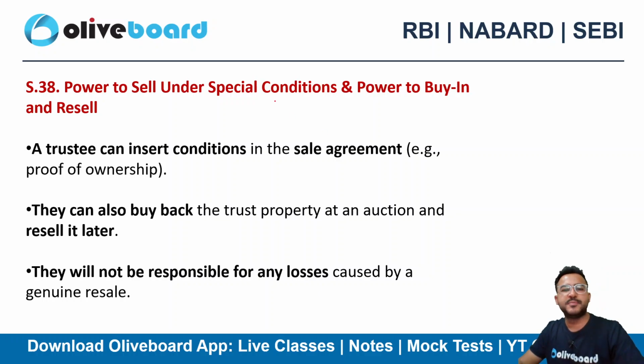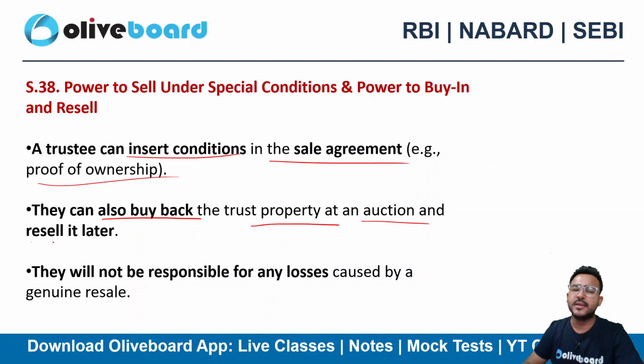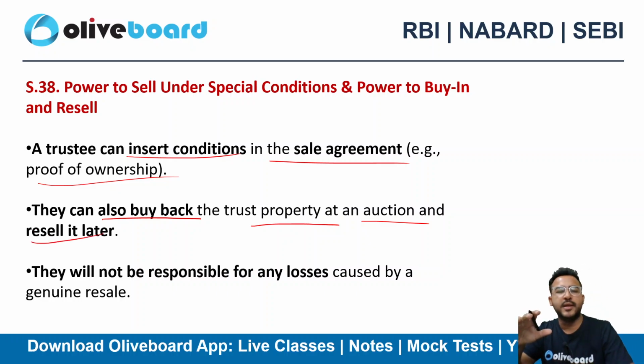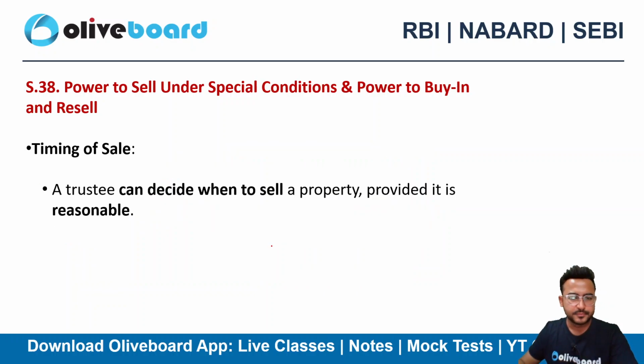Power to sell under special circumstances and power to buy in and resell. Now a trustee can insert conditions like sale agreement, proof of ownership. They can also buy back the trust property at an auction and resell it later. कहने का मतलब फुल राइट्स जो होते हैं उसको बाय कर लिया, वापस सेल कर दिया, वापस बाय कर लिया, ये सारी चीजें ट्रस्टी का राइट होती है, राइट पावर होती है उसकी. ओके,